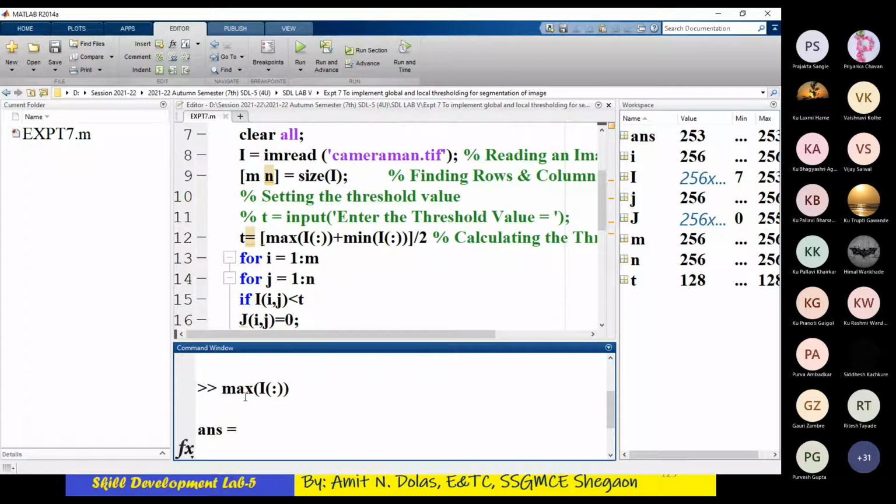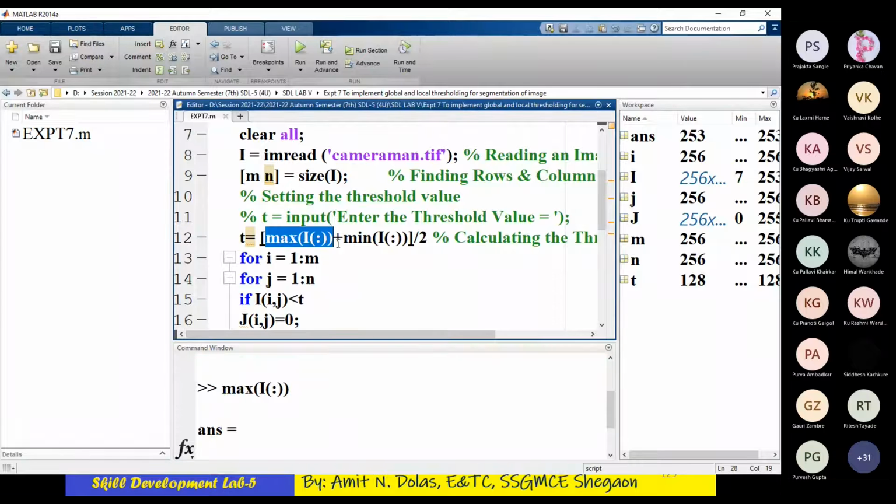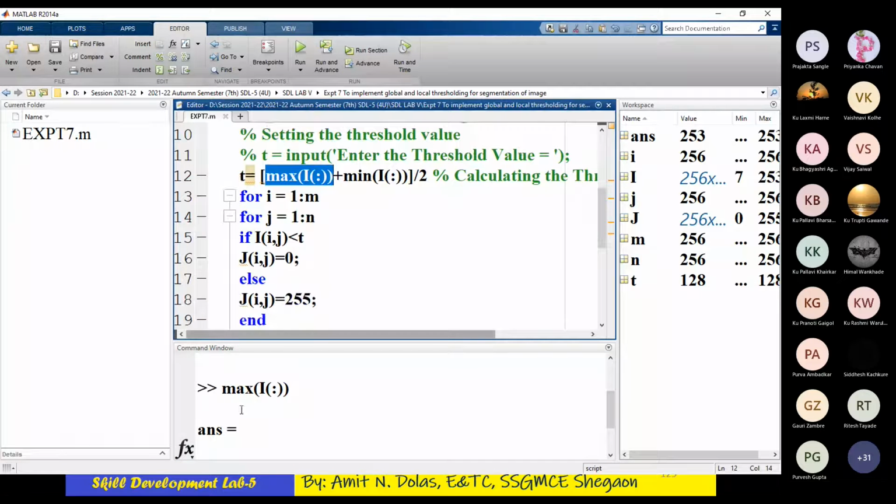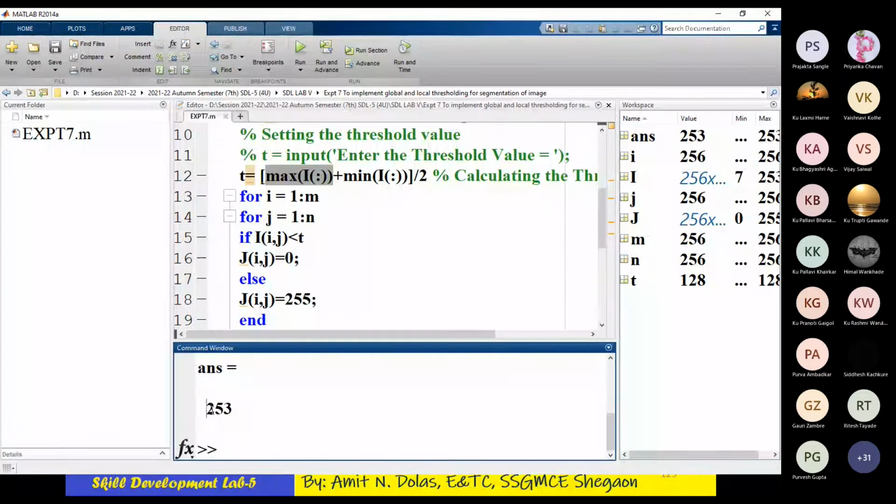Yes, what is the max value from this image? Here the max value is 253. Similarly, check what the mean value is from the same. The mean value is 7. So I have 253 plus 7.